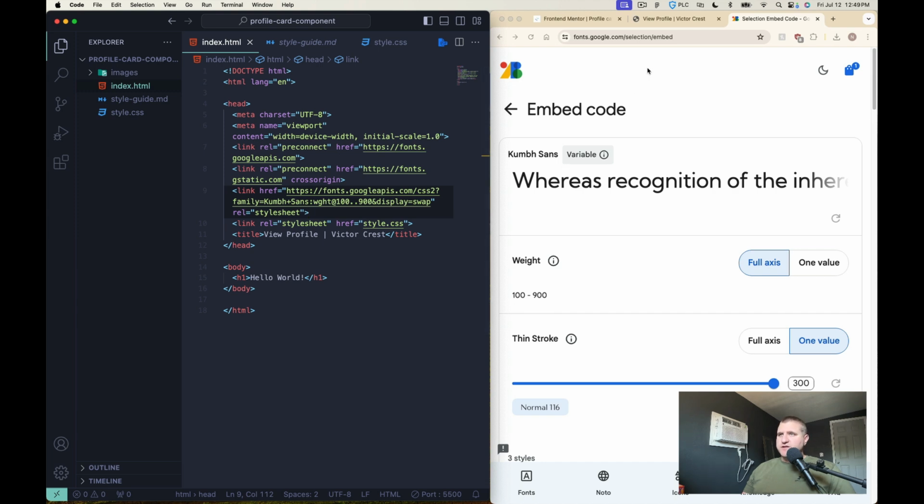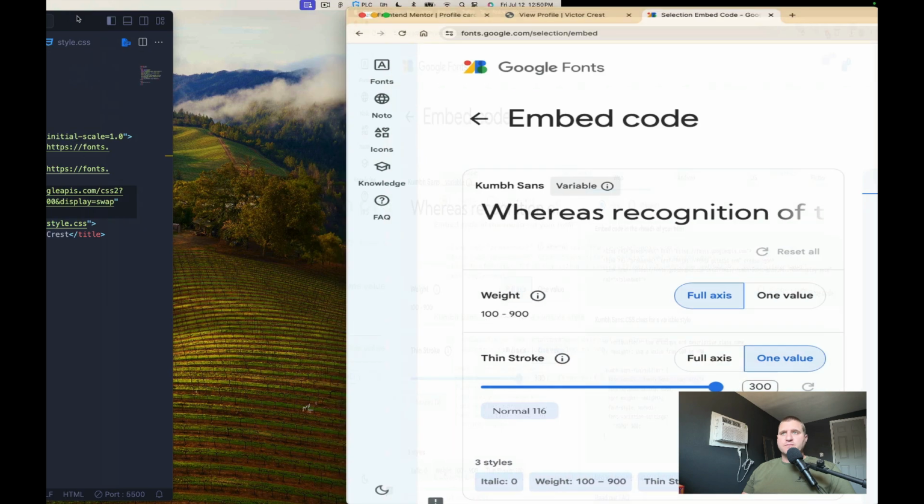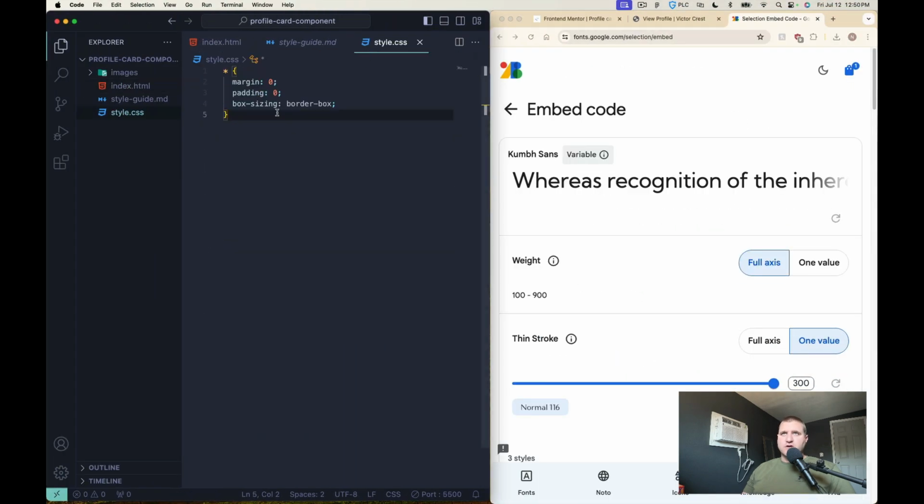And then we also need to grab the font family code and the fallbacks, which is down here. So it says font family, Coombe Sans with a fallback of sans serif. You always want to have a fallback font. So let's copy that and put it into our